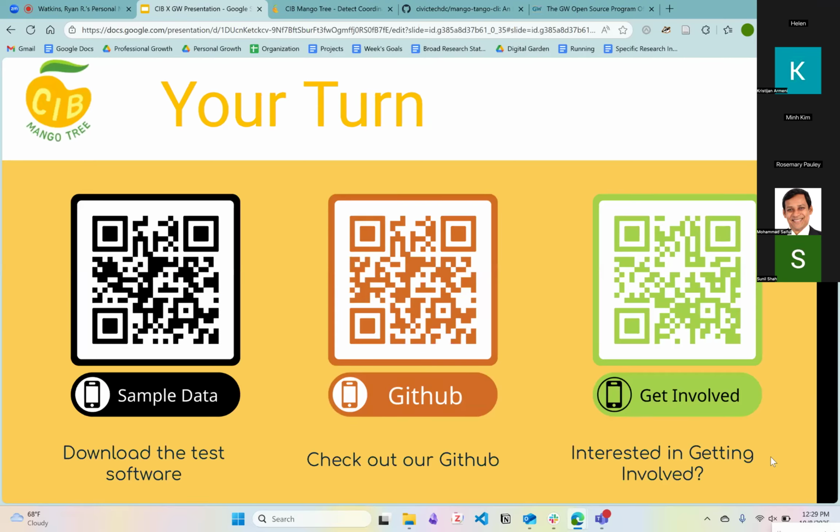Maybe the last page is, and I think it's your turn, if you really want to get more involved in this whole project. We have provided the sample data, which I think Chris just showed. You can access it through this QR code, or you can look around our GitHub. If you want to get involved, the QR code on the right is a one-page onboarding document that you can find, or a Slack channel, with some of the tasks or some of the skill sets that we're really looking for. Yeah, I think that's it. Thank you.